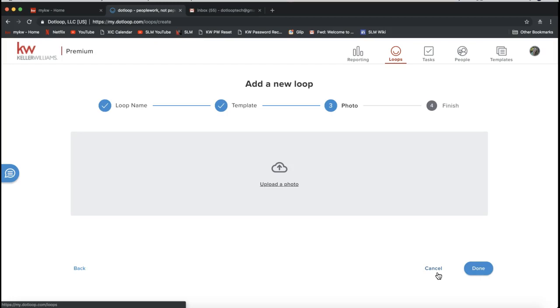Where it brings us to upload a photo. So we have the option to upload a photo. So add a photo of the house on the top of your loop. Dotloop does say that if you take the time to add a photo of the home that your buyers are